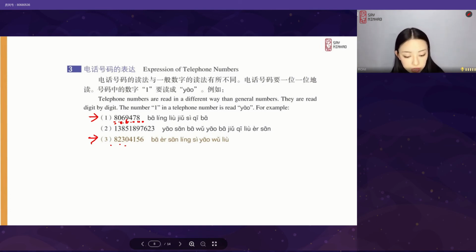For telephone numbers with 7 or 8 digits, we will separate them into 2 parts. For the 7 numbers, we separate them into 4 and 3. We read the former 4 numbers first, pause a little bit, and then read the latter 3 numbers. For example, 8069478. For 8 numbers, we will separate them into 4 and 4. For example,